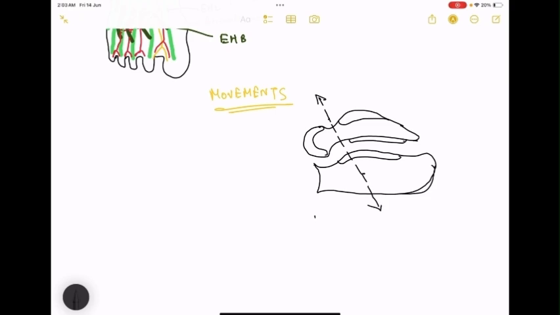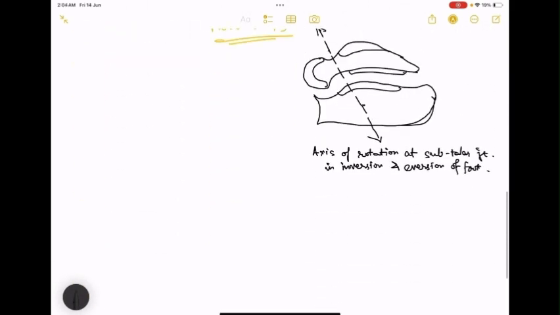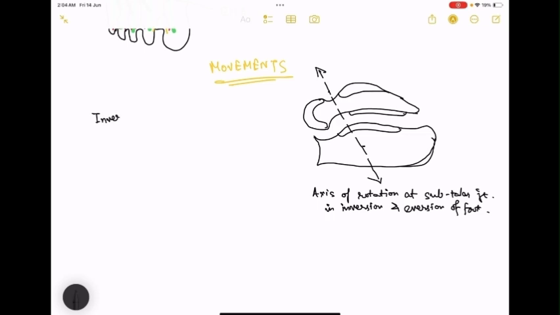What you can write down here is that axis of rotation at subtalar joint in inversion and eversion of foot. Done. Let's get to the important parts. I think I forgot to mention one thing: the ligaments of the foot. There is the deltoid and spring ligament. So all this will be covered. I know it's going to be a very big and grueling discussion, but you have to finish it for your exams. Inversion. What you have to know is that both the inversion and eversion movements,